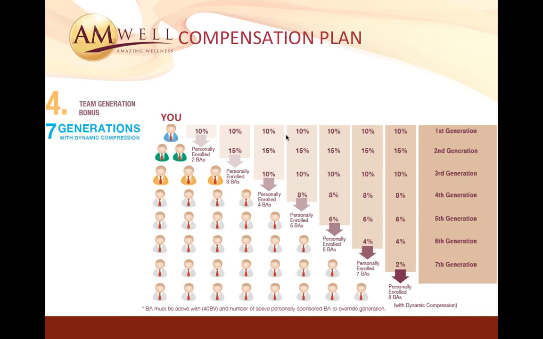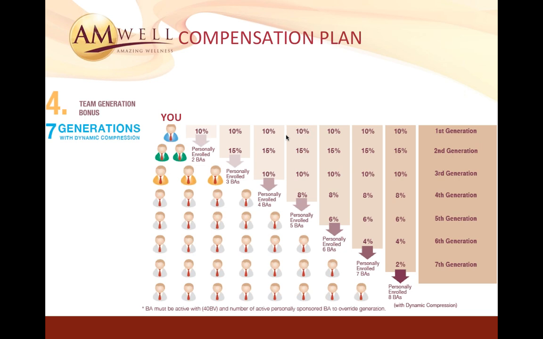So here's a chart. You'll see that you're the person in blue, and it'll tell you your first generation on the right side, your first generation, second generation, third, fourth, and it goes all the way down to 7th. Now what you'll see on each line is, for example, first generation will pay out 10% of all commissions for anybody that you personally enroll. For anybody that you bring in, remember those people were green. For anybody that they bring in, that's your second generation. So when you sign someone up and that person in turn also signs someone up, that's considered your second generation.